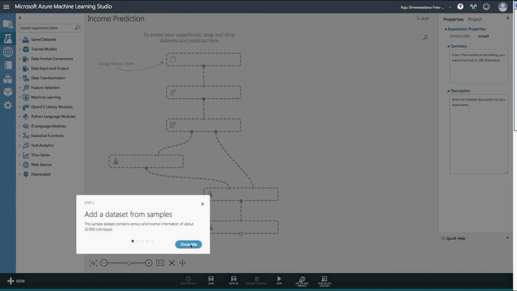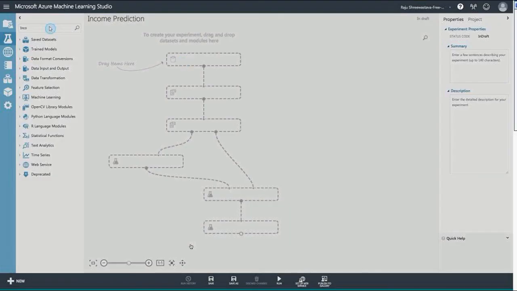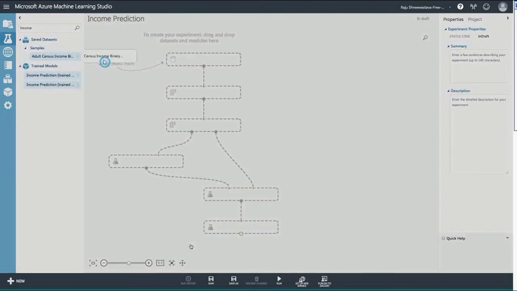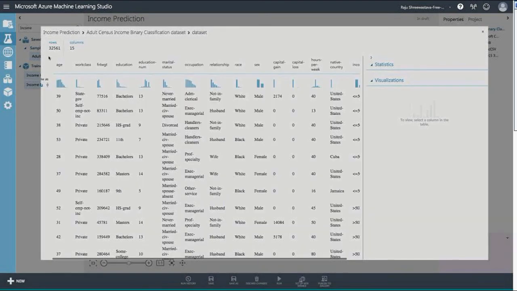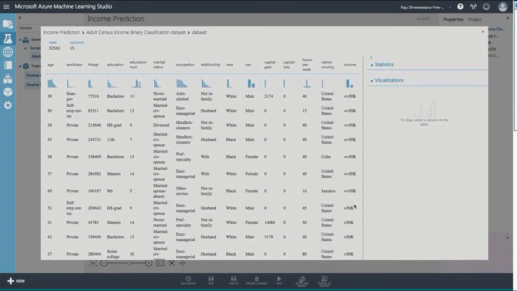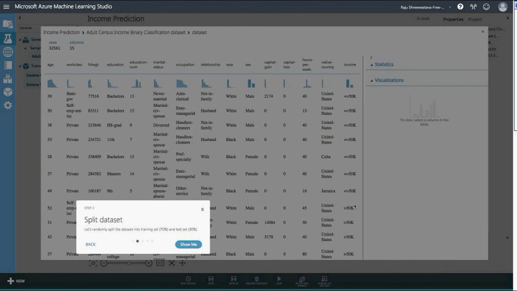So what we're going to do is take a 32,000 individual data set and go through that. This is just a sample data set. Azure has a panel on the side where you can keep taking these blocks and inputs. This is pre-made data of 32,000-something records, and it actually has the incomes already provided to us, which means, what kind of learning is this?